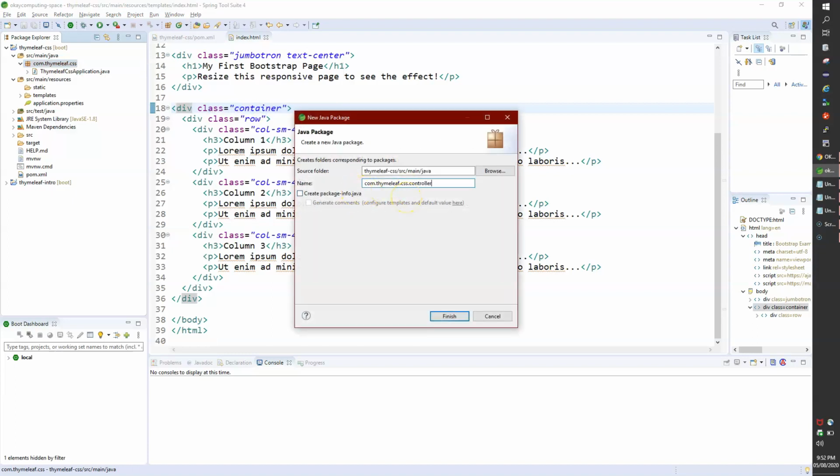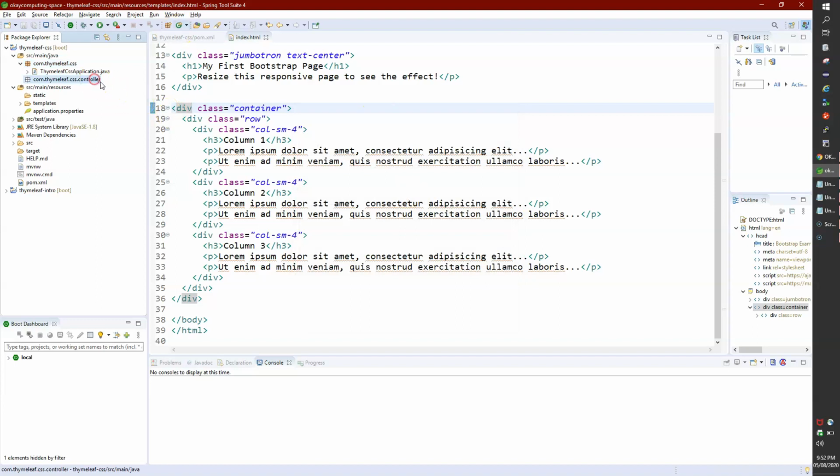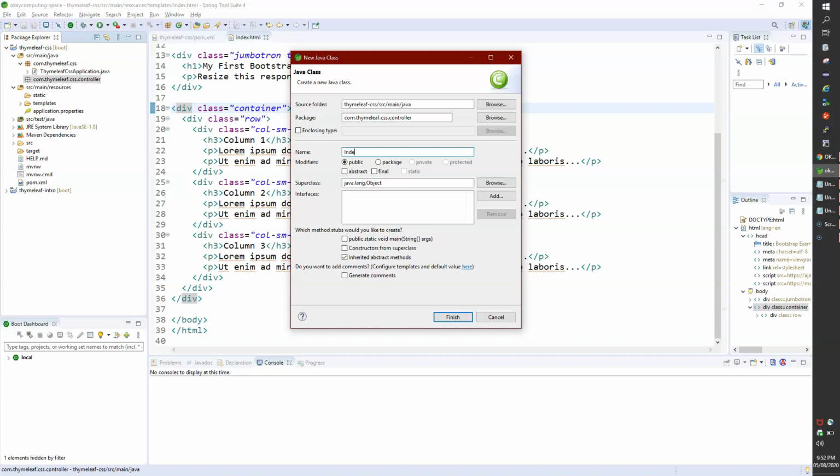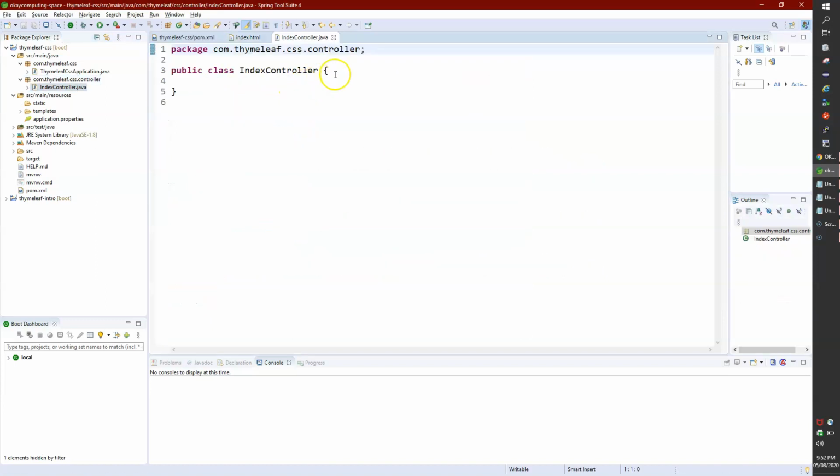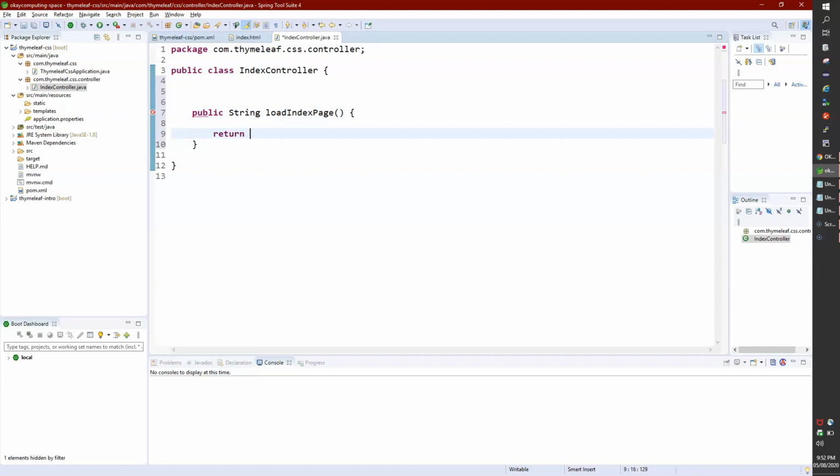I'll create a package, controller, and then create a new class, basically IndexController. Here I'll create a new method, public String loadIndexPage, and the return type should be the view name, exactly your HTML file name.